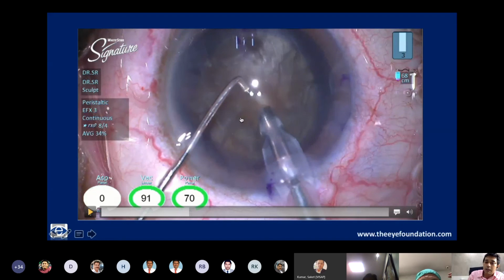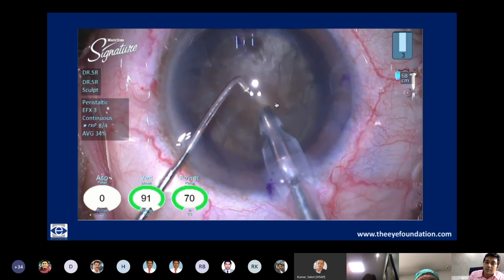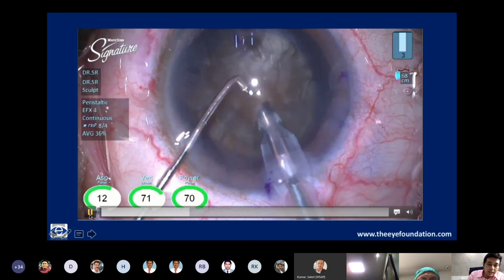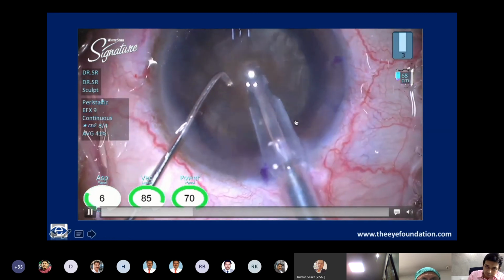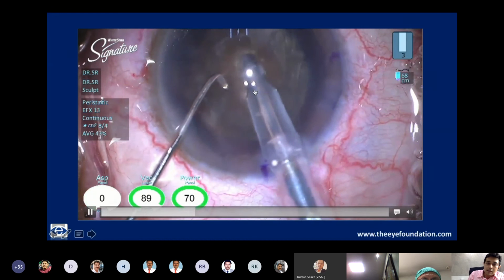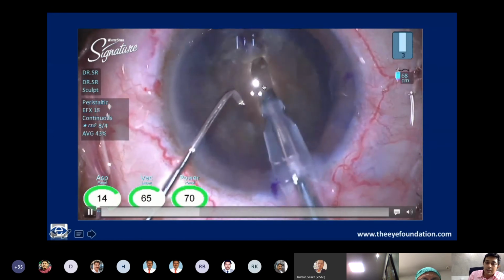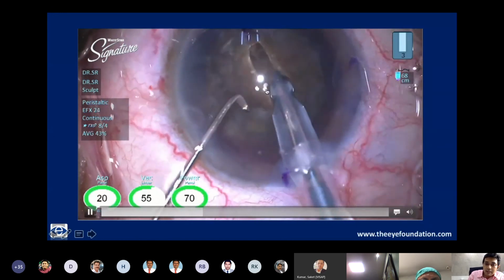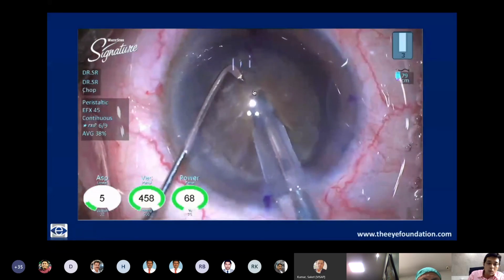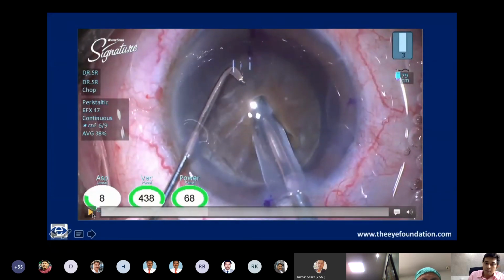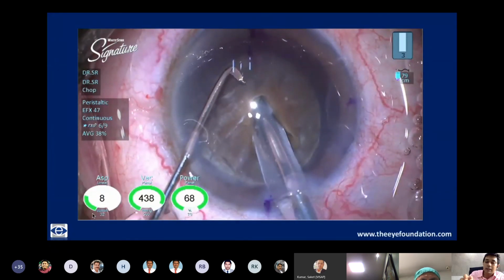Because not having a freely mobile lens can make the difference between a very smooth surgery and one which can lead into disaster and zonular dialysis, as you don't want to do these hard cataracts with anything but the least amount of stress to the zonules. So I initially start off with a trench, and I do a slightly deeper trench in these hard cataracts. This trench gives you two advantages. One, it debulks the central core, and it also provides enough space for your subsequent chopping maneuvers.